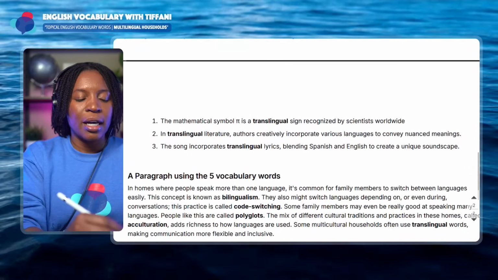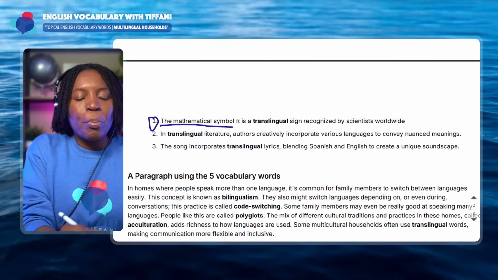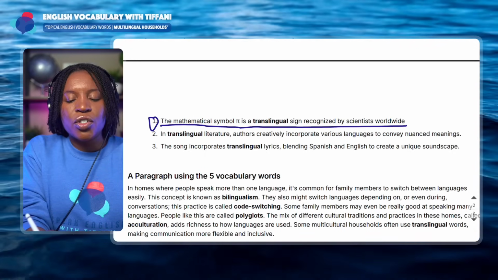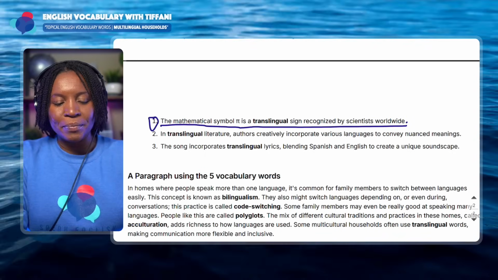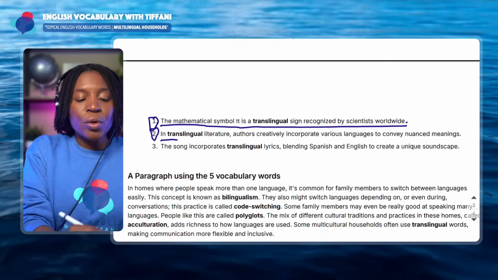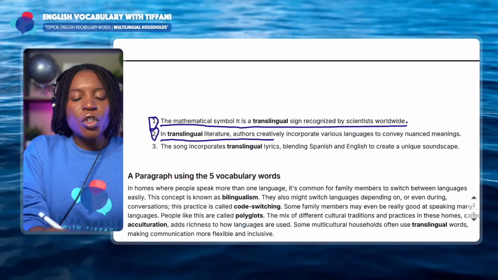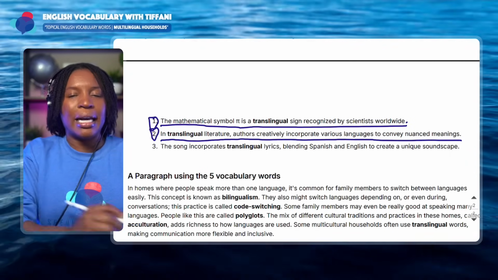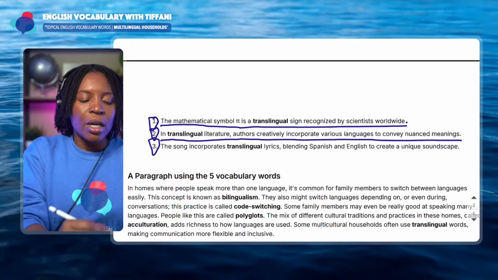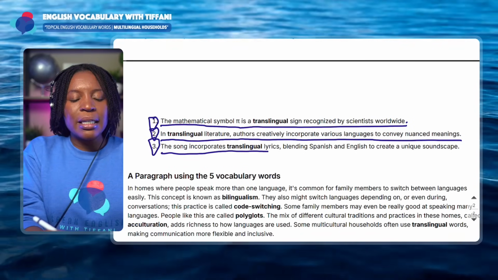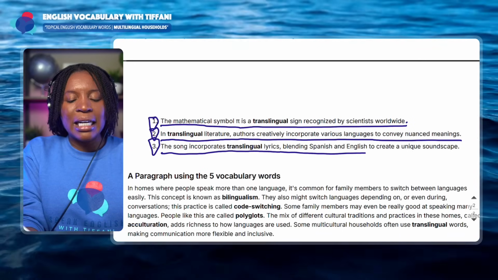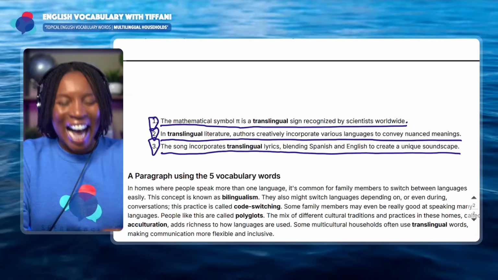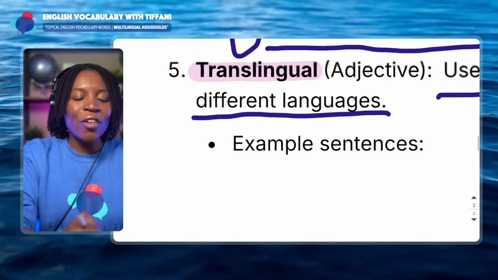Here we go. The mathematical symbol pi is a translingual sign recognized by scientists worldwide. Next, in translingual literature, authors creatively incorporate various languages to convey nuanced meanings. And finally, the song incorporates translingual lyrics, blending Spanish and English to create a unique soundscape. You got it. Excellent. Once again, number 5 is